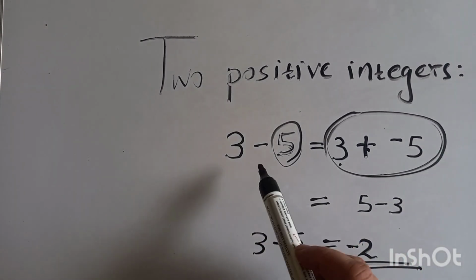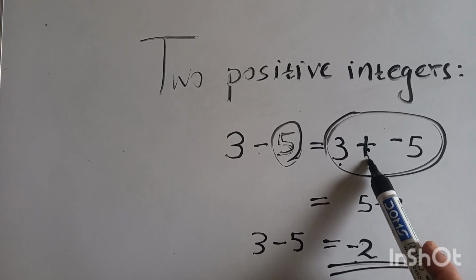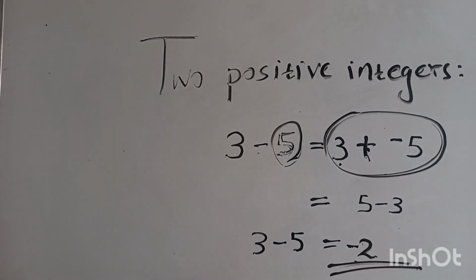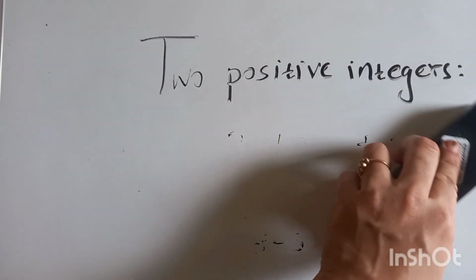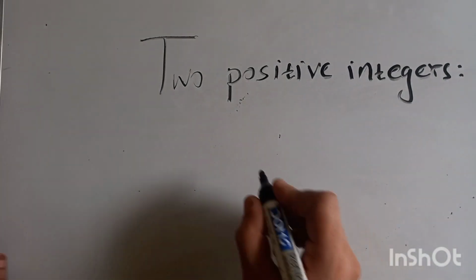Here we have got two positive integers, and instead of subtraction you have to convert that into addition just by reversing the sign of the second number. And you can understand it well by using other examples also. I will tell another example. Let us consider